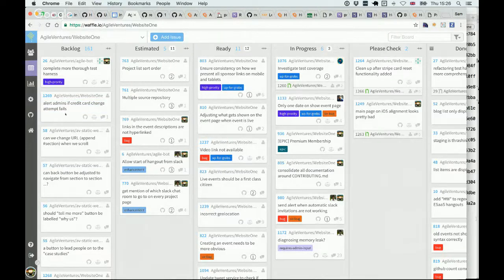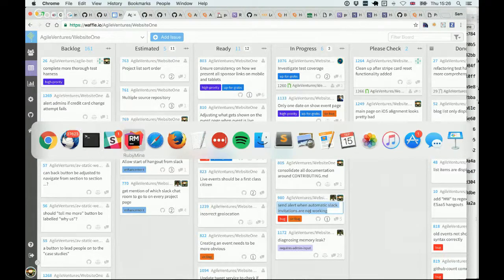Obviously we've got Airbrake, and Airbrake sort of seems to work, although it feels like you have to keep upgrading the Airbrake gem pretty frequently in order to make sure that it does. But it makes me wonder if we should just spend a little bit of time looking at, for example, well, I think I know why the Slack. So if we look at the Slack invitations thing briefly,